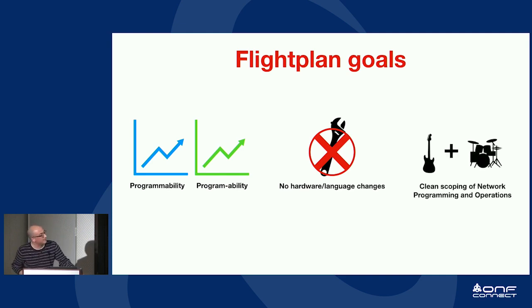The final thing in our final goal is we would like a clean scoping between programming and operation. These are two activities that interact. There are feedback loops between these two. And we would like to help develop a constructive and productive process during which programmable networks are developed and run. We want to avoid a blame game that can arise about who might have given rise to problems in the network. So I think we have an opportunity, working at this level, to try to organize conceptually who owns which part of the process.